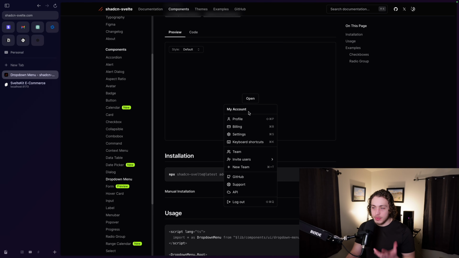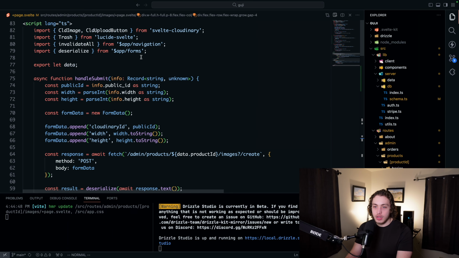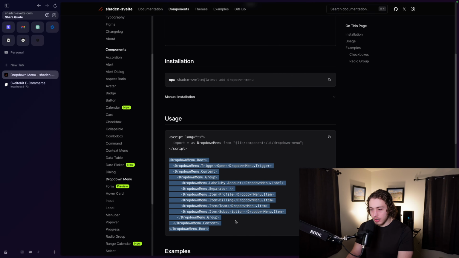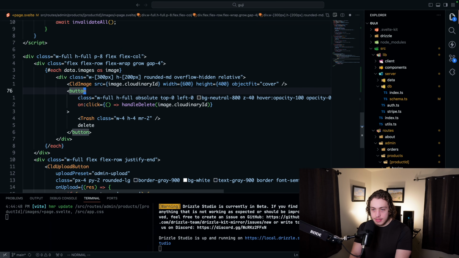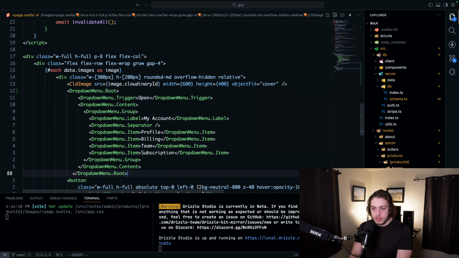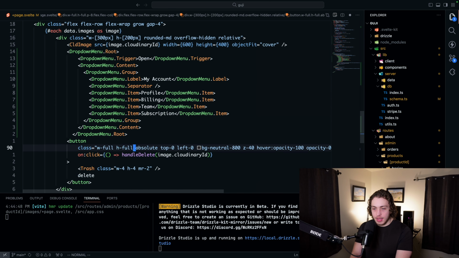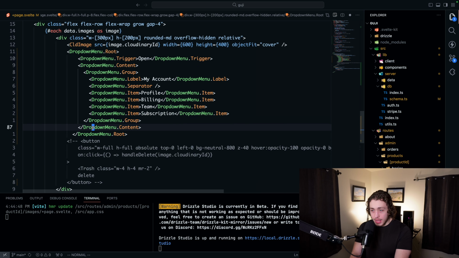So you can see what it'll do is it'll give us access to all this stuff. We obviously don't need all this. So what we're going to do is, yeah, this should be enough. I'm just going to copy this first over here. We're going to add this to our import up top. Then we're going to go ahead down here within our drop-down menu.root, and put this right inside of our div. So we're going to say drop-down menu root here, and we're going to comment this button out, and then we're going to go ahead and do,